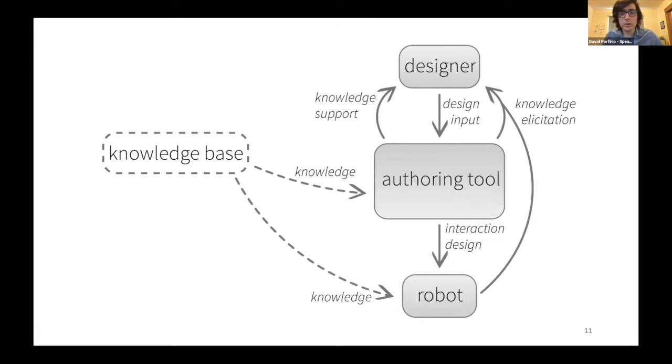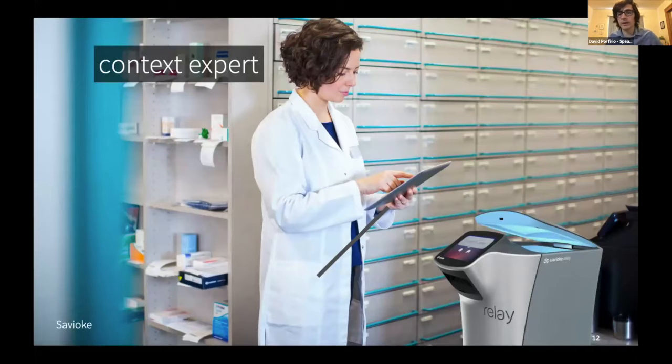To lend knowledge support to the designer, a knowledge base can supplement the authoring tool or the resulting design that's run on the robot. And I'd like to emphasize at this point that this model is very much preliminary because I don't have all the answers yet. And as we'll see, part of the focus of my research is going to be to refine this model. But we can safely say that the amount of each type of support should be doled out on a case-by-case basis. So as an example of how that applies,